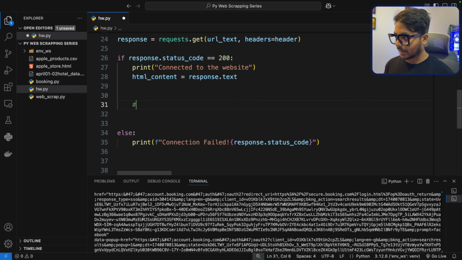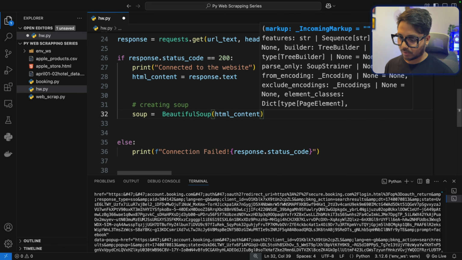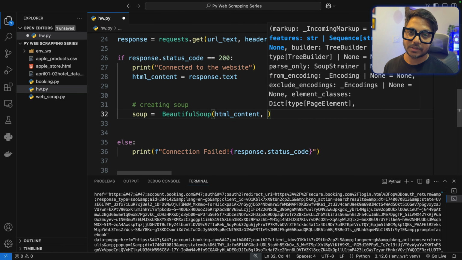Okay, so again, let's say we're creating soup. Very simple, you can just name it soup, or you can give it any name. I will say BeautifulSoup here, and I just need to pass this HTML content, and I need to pass a parser. So here you can say html.parser, or you can use